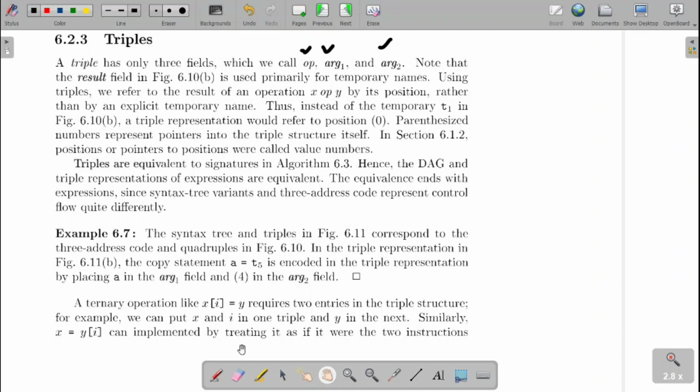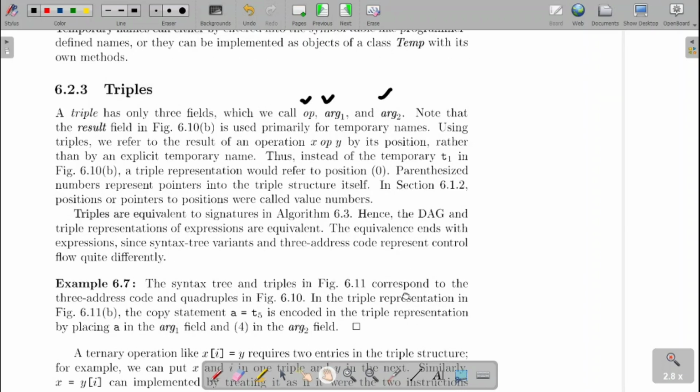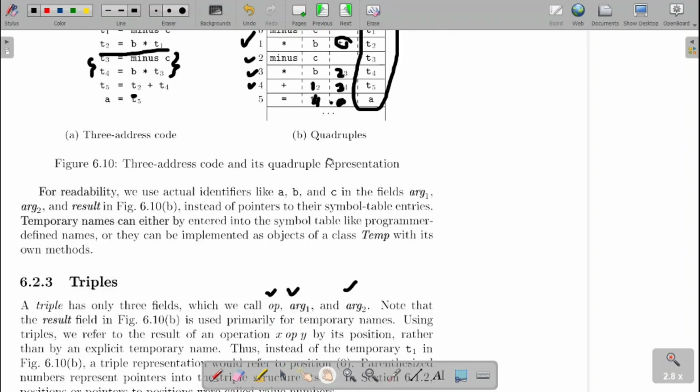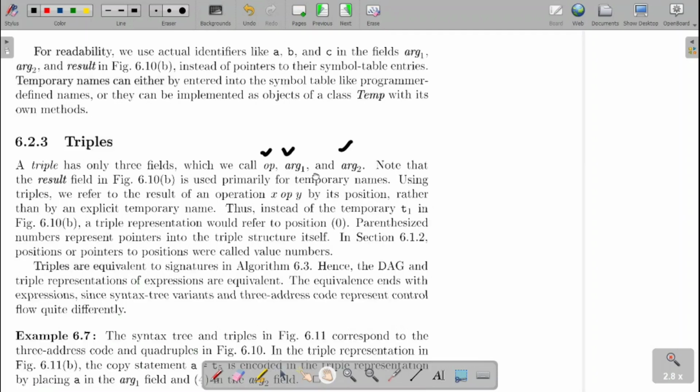Then the obvious question, sir, what to do for that last statement? What is the last statement? The A, I need to copy this A. This A I can put in the argument here. The result of step 4 is copied to A. Right? So this can be done, so that we can avoid having the additional result field over there.